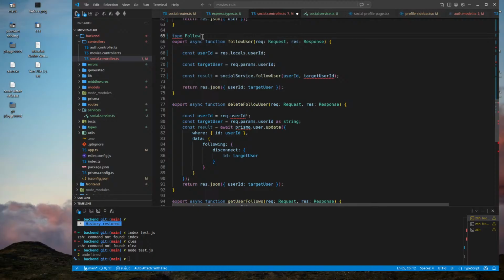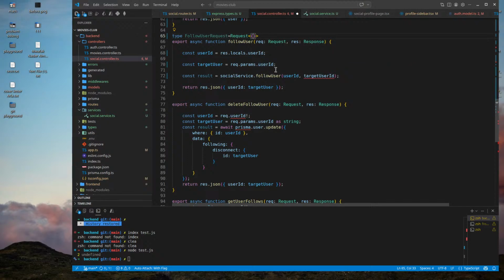Type follow user request equal to request of, we have a params. Sorry. استنى بس شلون البارام اسمه يوزر اي دي كمان؟ البارام اسمه يوزر اي دي.